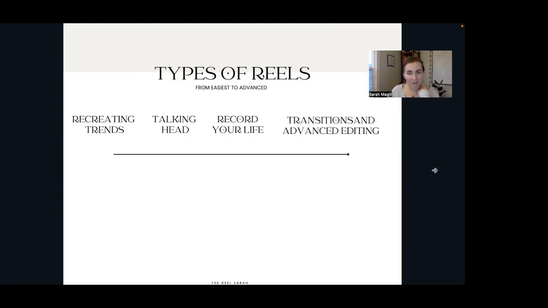These are the different types of reels. We can recreate a trend. This might be a 5-second video clip of somebody lip syncing a funny line from a movie, but we can take that and adapt it into our niche. The trending audios are great because they give us a huge boost in views. It puts us in front of a huge audience, which is great,